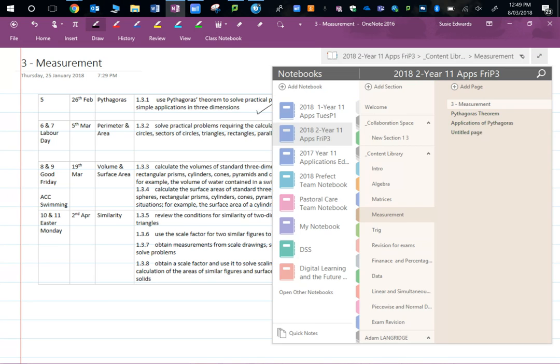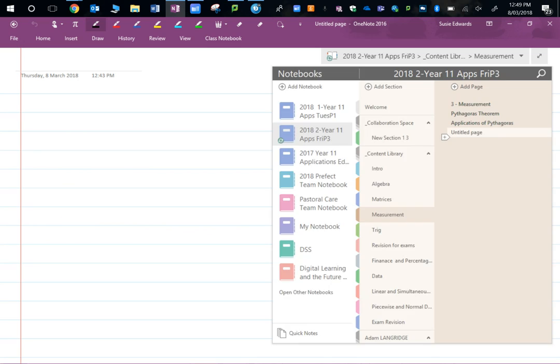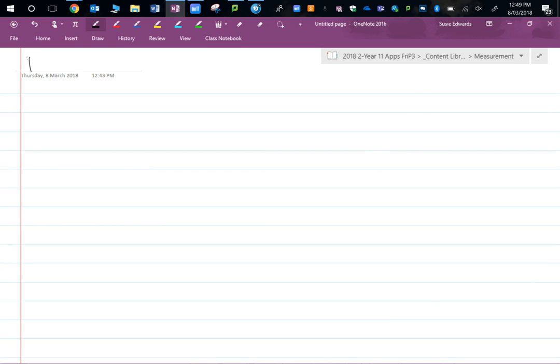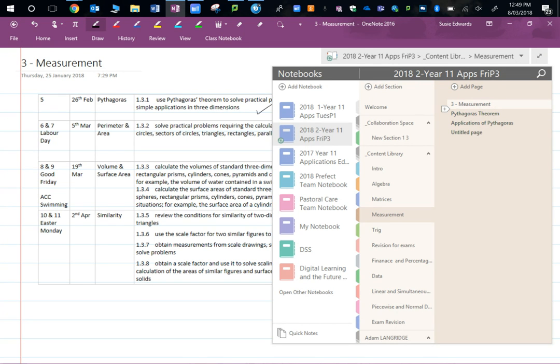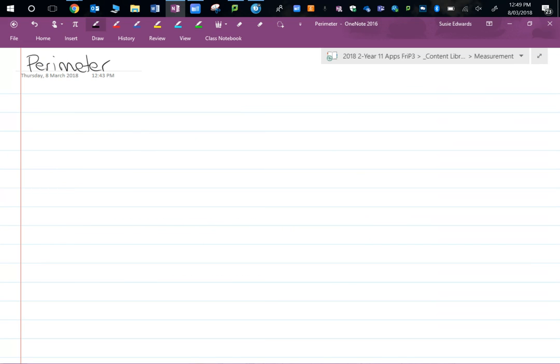All right, so what does perimeter mean? The outside of the shape. Okay, so perimeter. I never know how to spell it, whether it's ER or RE, but anyway, I'm not an English teacher. I have been teaching this for a very long time, but we'll learn. Actually, I could check it, couldn't I? Perimeter, I did it right, perfect. Okay, perimeter: the distance around the outside of a shape,